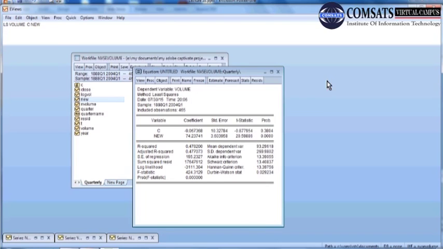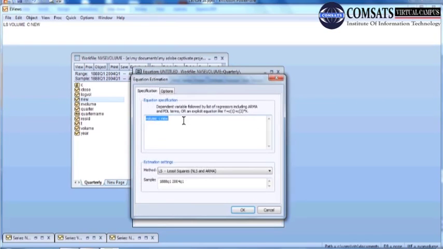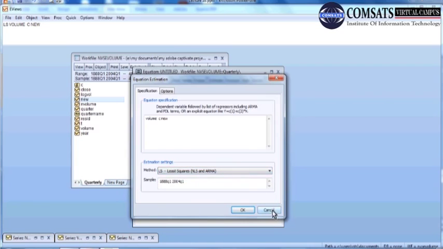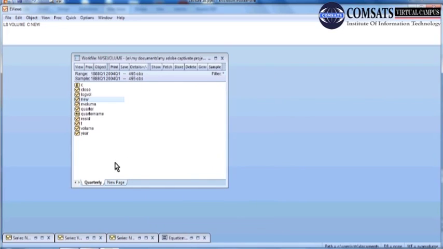Because we are in the last few minutes of this lecture, we are very quickly covering it, but we will do it again in detail in another lecture। But the second method, the other method of doing it is if you press estimate and after the selection of variable this window will open, और इसमें आप इसको इस तरतीब से टाइप करके लिख सकते हैं, और फिर यहाँ से आप मेथड सिलेक्ट कर सकते हैं। लीस्ट स्क्वायर मेथड इज सिलेक्टेड। अगर हम कोई और मेथड अप्लाई करना चाहें तो ये सारी टेक्निक्स यहाँ मौजूद हैं। और इसको कैंसिल करते हैं। मैं दोबारा आपको इससे डायरेक्ट करके दिखाता हूँ क्योंकि यहाँ से हमने विंडो रीओपन की थी।